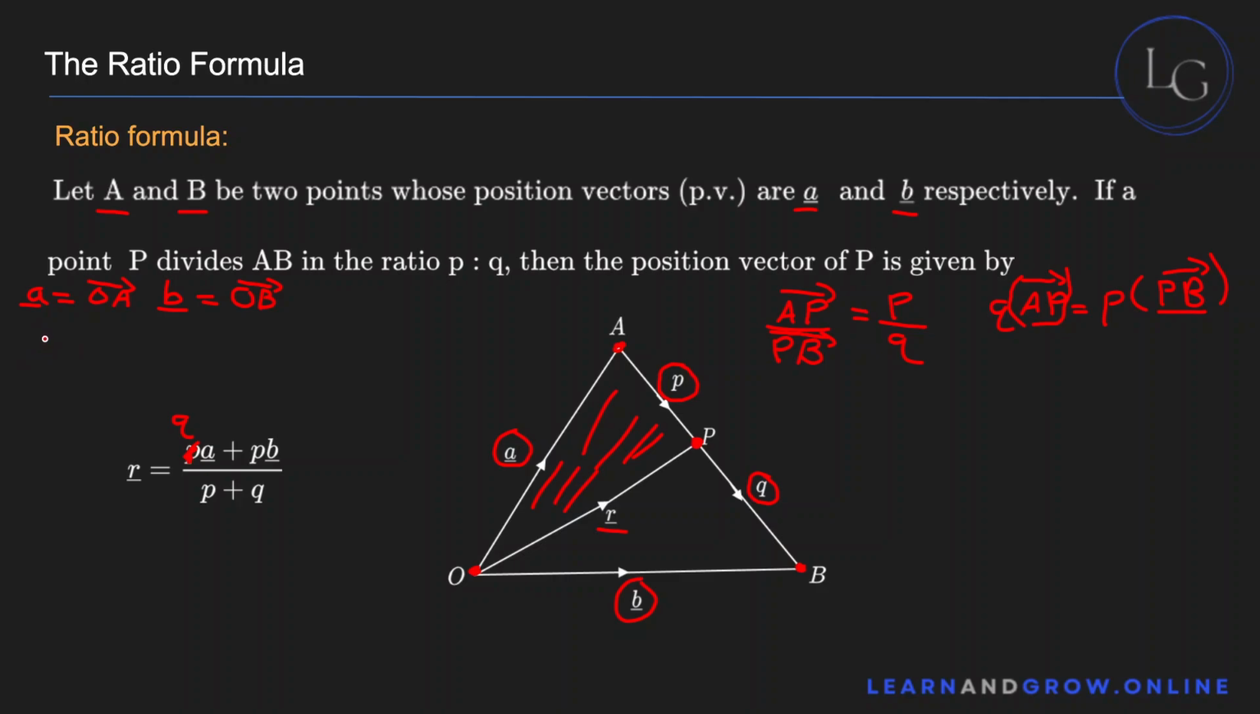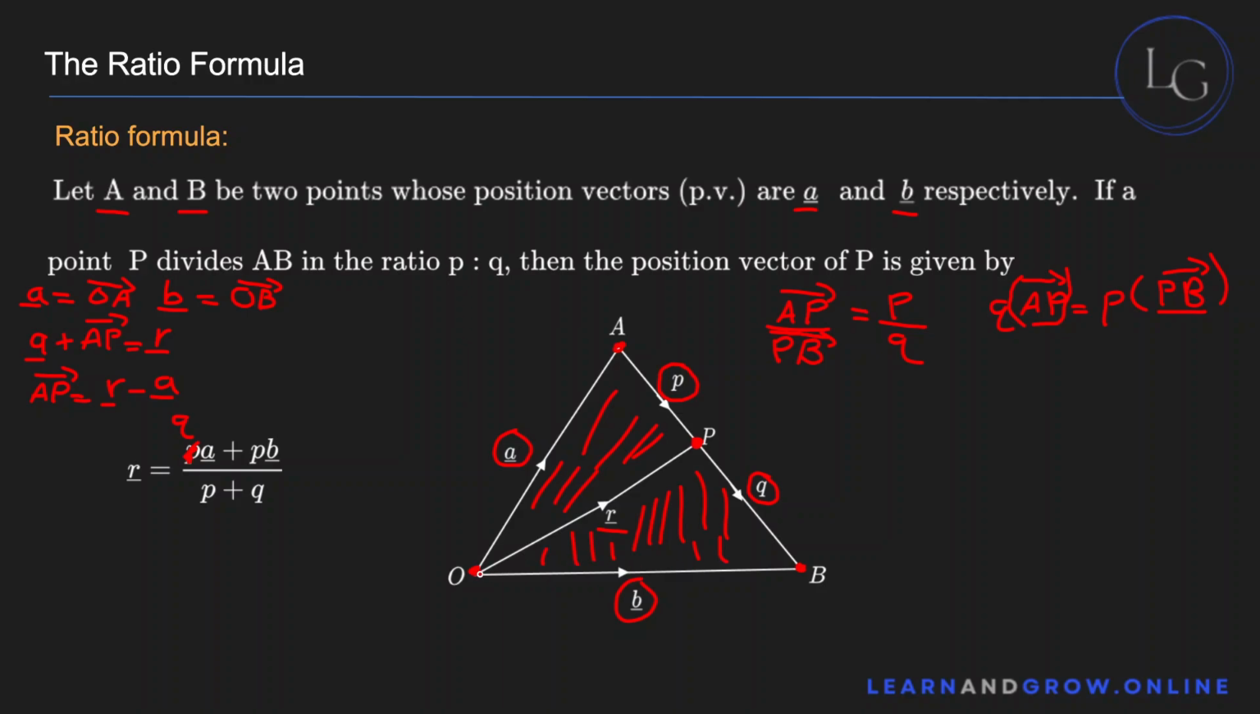So the vector a plus AP is equal to OP. So OP is equal to r. And basically, we need to find AP. So AP is equal to r minus a. Similarly, if you look at this lower triangle, by using the head to tail method, you can see that r or OP plus PB